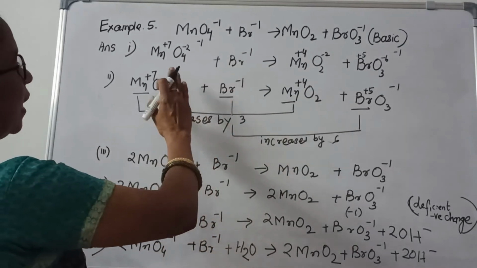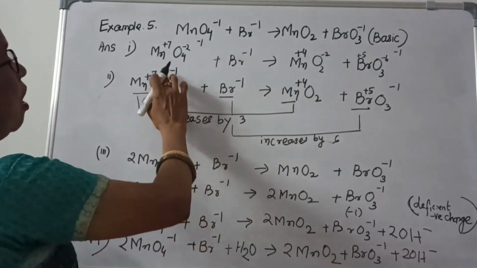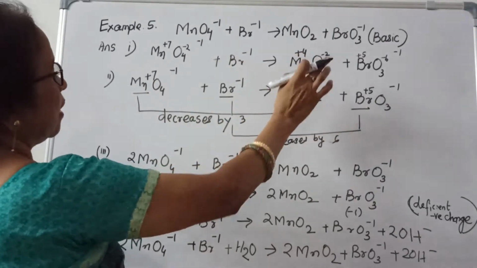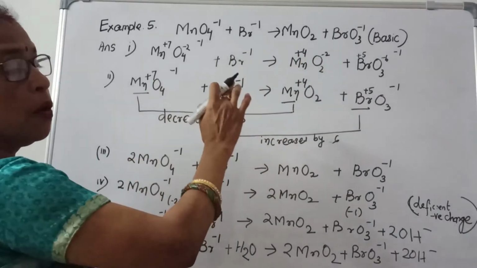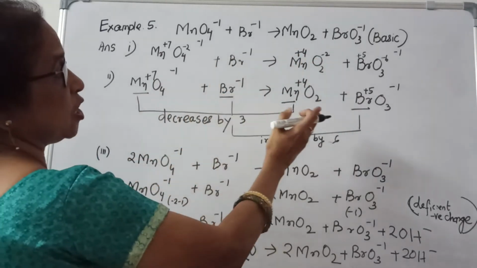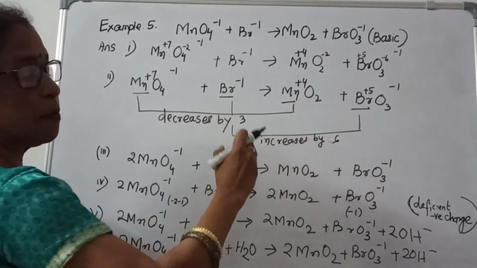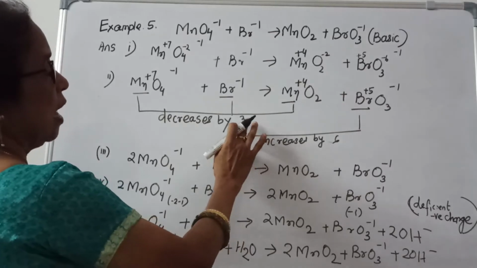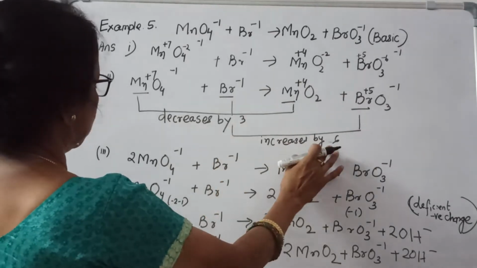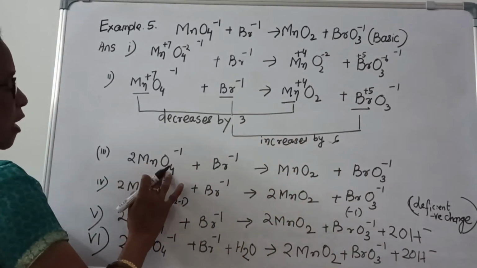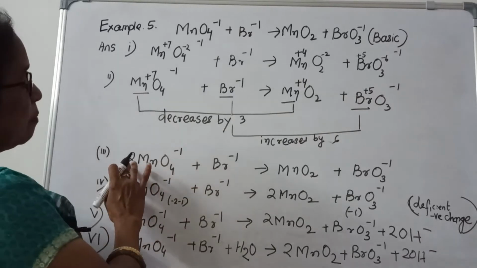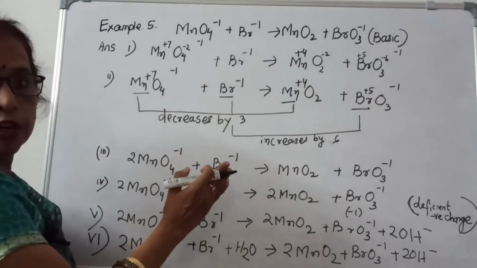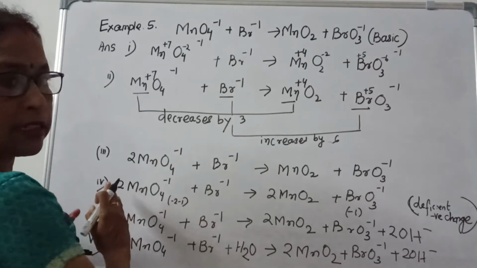Then you can observe again, here we will find the oxidation number of all the atoms. Here I can see which atoms change their oxidation number and by how much. Since it is common by 3, that is why I can say this is 1, this is 2. That is why in MnO4 I have multiplied by 2. It is already equated by oxidation number on the reactant side.